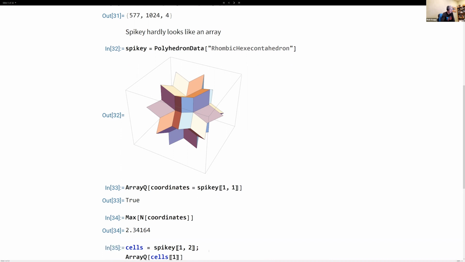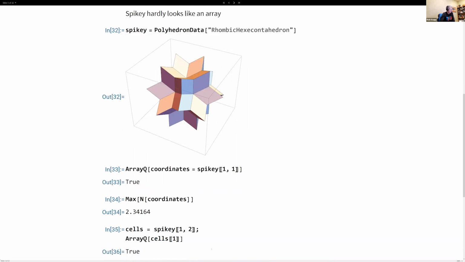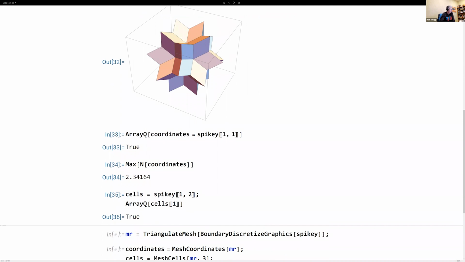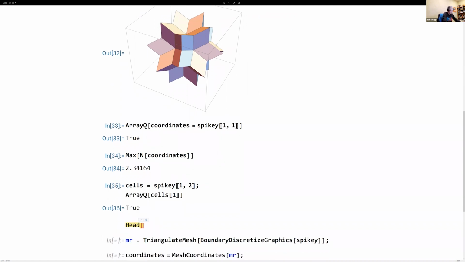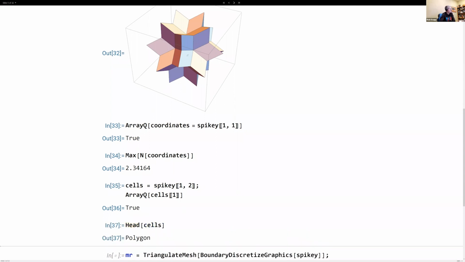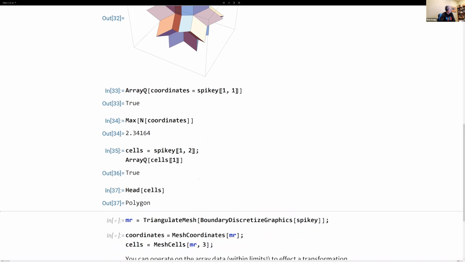And then the cells themselves are an array, actually the first element of the cells. And it turns out that head of cells is going to be Polygon. So it's showing the actual cells in this graphics thing are polygons which give the faces. So what I'm going to do is I'm going to play a little trick on Spikey with these arrays by